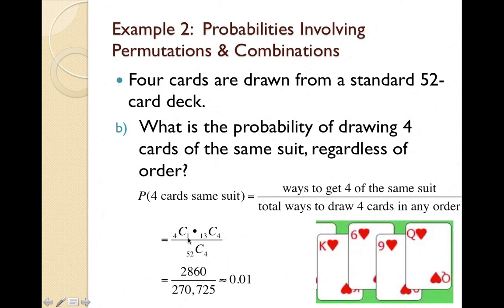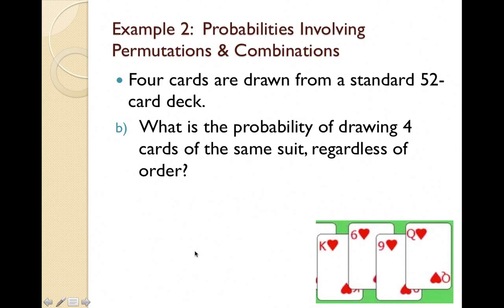So when we work that out, we take the 13C4 and then multiply that by the 4C1. Well, this is just 4. There's 4 different ways to choose a suit because there's 4 different suits. Take that 4 times the result from 13C4 and we get 2,860. And then that's going to go over 270,725 because we're now talking about combination, not the permutation that we had